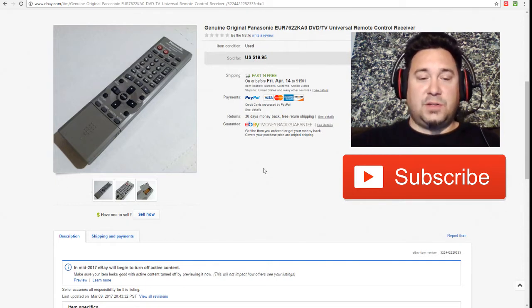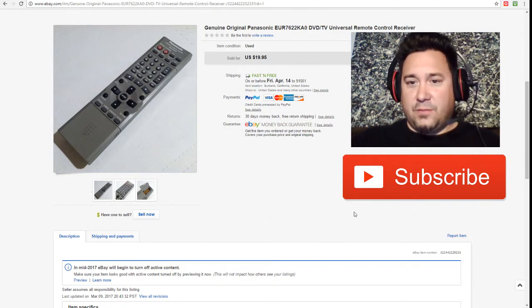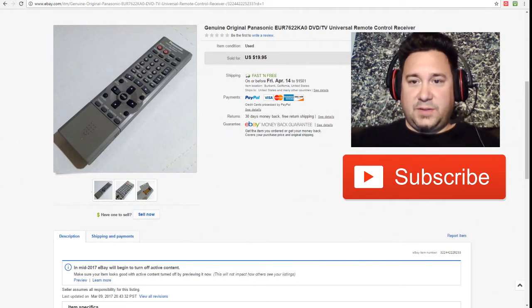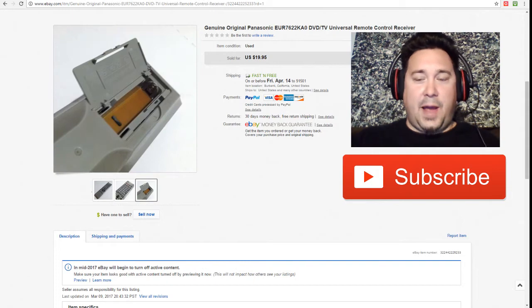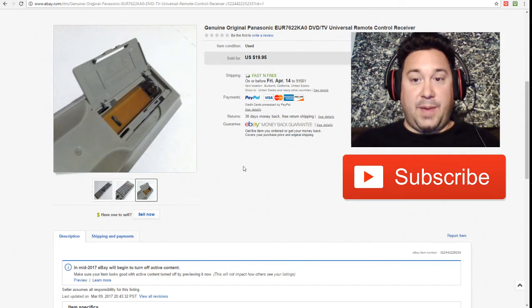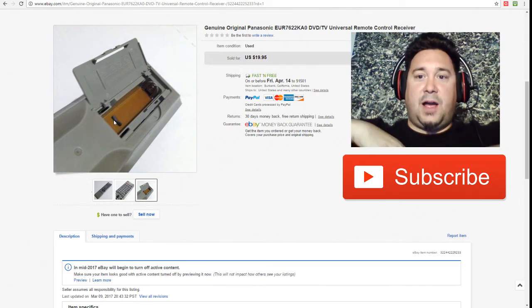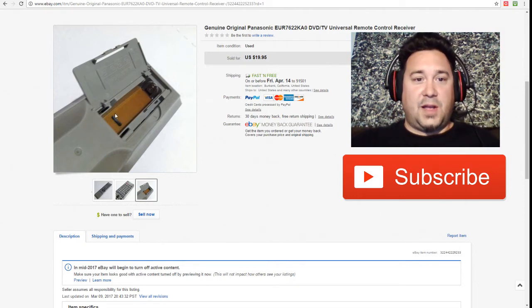So always look for remotes, and you want to clean them. Make sure that the battery... Oh, we should actually go over this. Let's go a little deep on this one. Tell you what's up about remotes. So always take a picture of the battery compartment, which is definitely a plus, because for the most part people leave batteries in these things, and you're going to find this white crusty stuff right here in the connectors, and that's called corrosion. What happens is when the battery ages and it loses its juice, I want to say the alkali stuff wants to come out of it, and that's why there's the corrosion. There's nowhere to go, so the battery starts to weep, and over time that stuff crystallizes,